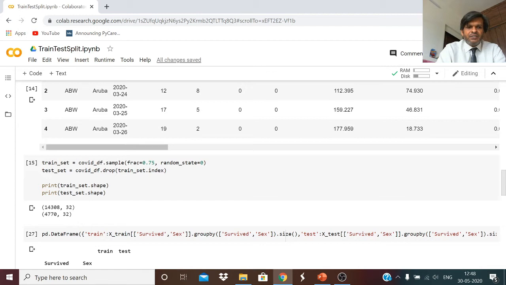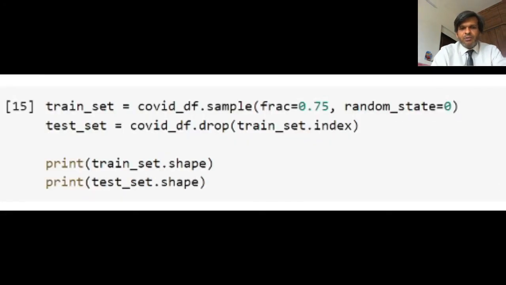And here is where we are going to do the actual split of data into train and test. First we say train_set equals covid_df.sample, and we say frac, the fraction of data which we are picking up as a training set. I specified 0.75, so 75%, and I am saying what kind of randomization to use, so I give a random_state seed of 0.